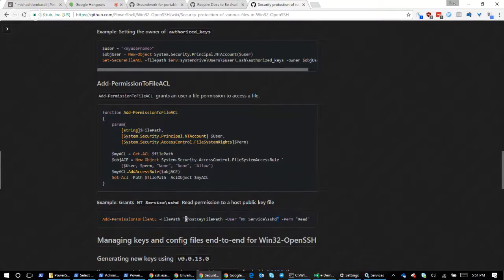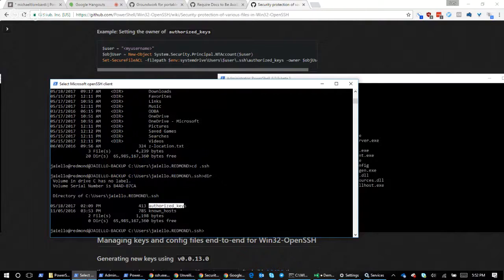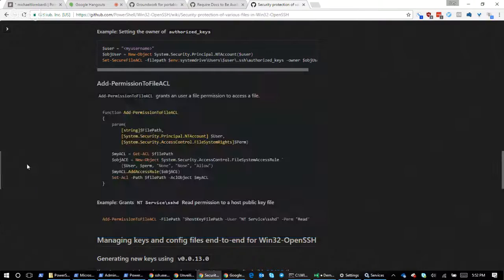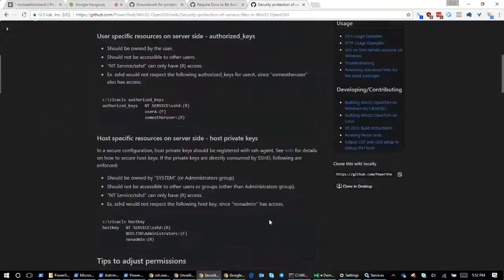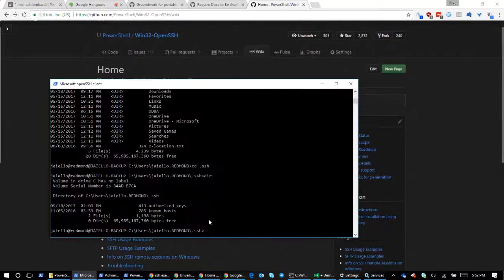You have to do the same thing with the host keys. So when you set up a server, you generate some keys so that there's like a fingerprint to match up, that when you come to a server, you're actually talking to the server that you expect to talk to. That's that error I'm getting about known hosts when I connect to my Linux box. It's because the fingerprint that I have doesn't match the host keys on that box. But you have to do the same thing here. So you have to ACL and make sure SSHD has read permissions to those things. So that's the sort of long-winded thing. So let's just watch magic happen now.